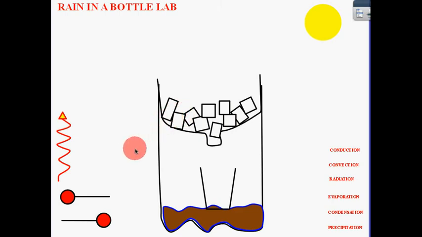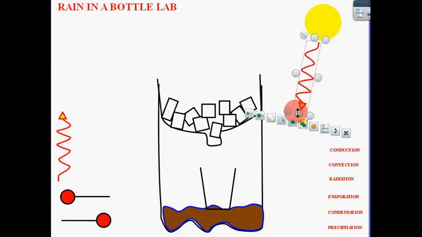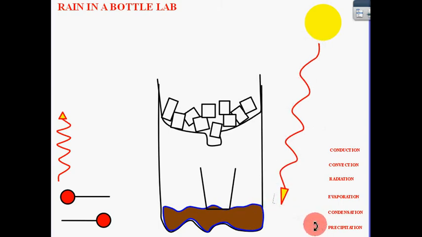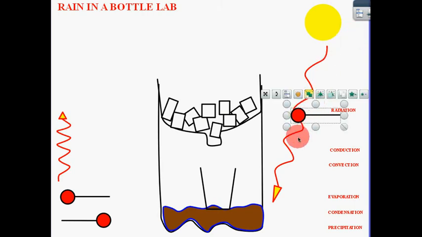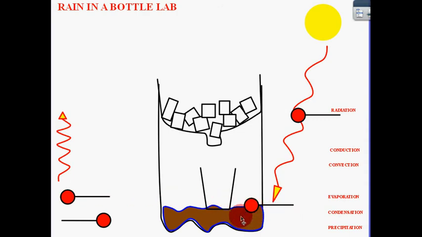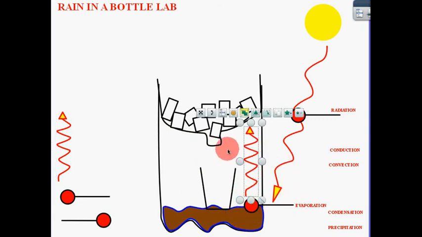So I said the best way is to take and talk about the energy of the sun. So the first thing that we have here is the energy of the sun is called radiation. So radiation, waves traveling through the atmosphere to our water. That water then gets a bit warmed up right here on the transition between the liquid and the gas, and that's called evaporation. It's going to rise up because it's warmer, through convection,